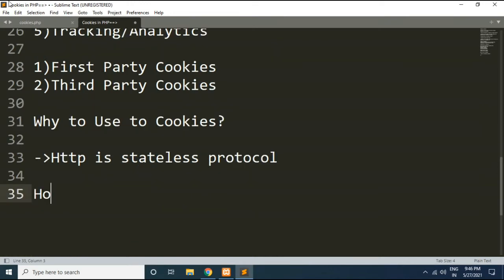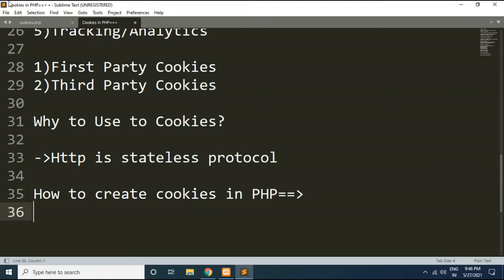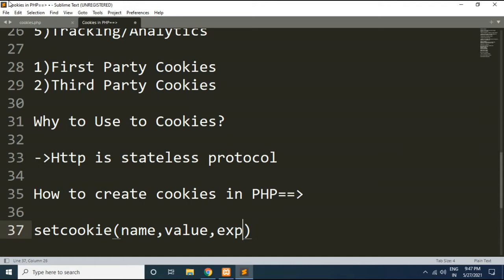Now friends, we will try to see how to create cookies in PHP. In PHP, for creating a cookie, we have to use a function called setCookie. This function requires several parameters. First parameter, name. Second parameter, value. Third parameter, expire.